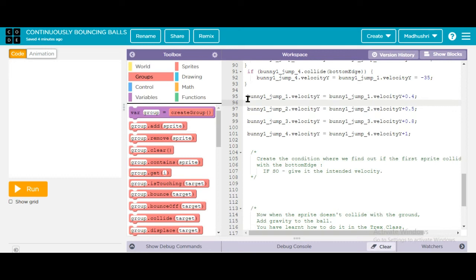That's why I gave 0.4 for bunny 1 and 0.5 for bunny 2, then 0.8 for bunny 3 and plus 1 for bunny 4. Why plus 1? Now you'll see.